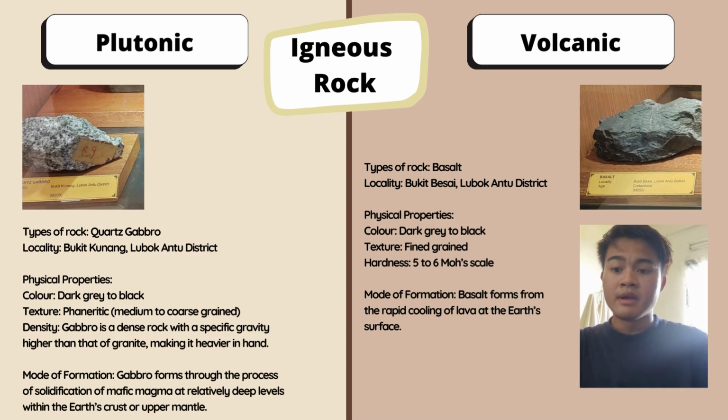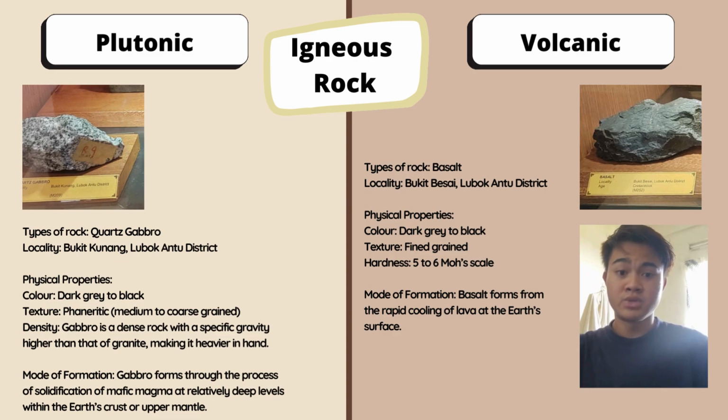Igneous rock can be classified into two different groups, which are plutonic and volcanic. Igneous rock is formed from magma or lava solidification. From our visit trips, we investigated quartz gabbro, a type of plutonic igneous rock that has been found at Bukit